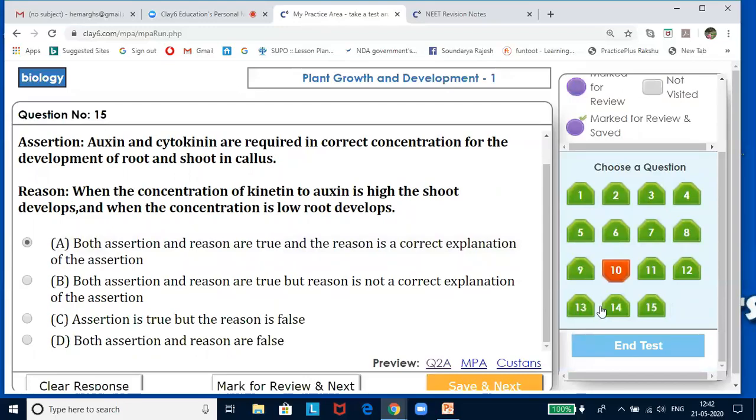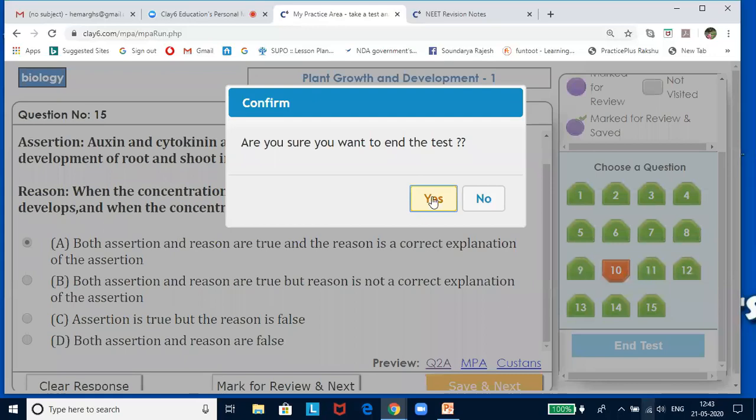If any question is wrong, it would be indicated by red. If you click on that question number, whichever shows the red color box, there you will get to know the correct answer. It will also display your answer and the correct answer. If a question is not attempted, it is going to give you the yellow color. When you see the yellow color, it means you have not attempted the question. You can click correct answer with explanation.